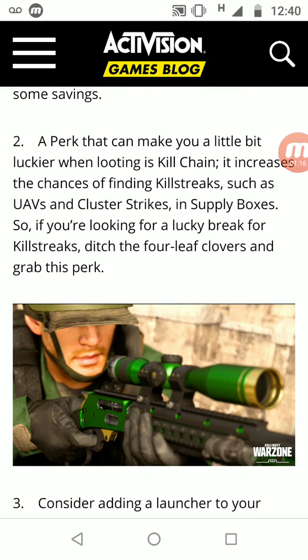Number 2, a perk that can make you a little bit lucky when looting is Kill Chain. It increases the chance of finding kill streaks such as UAVs and cluster strikes in supply boxes. So if you're looking for a lucky break for kill streaks, ditch the 4-leaf clovers and grab this perk. So again, the idea with that one is